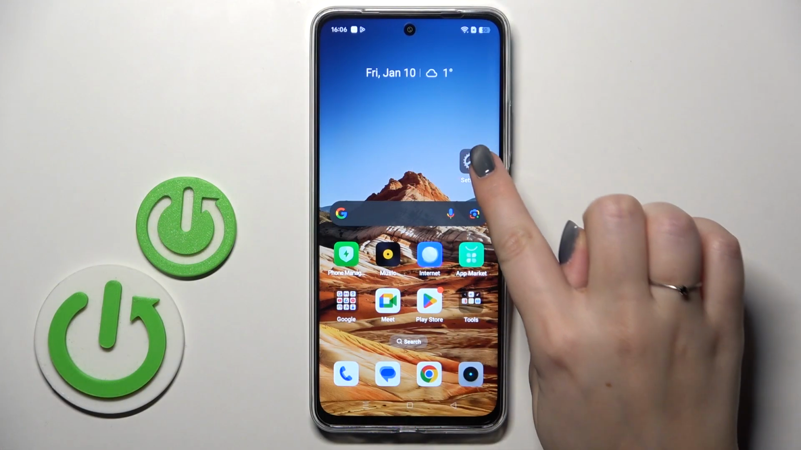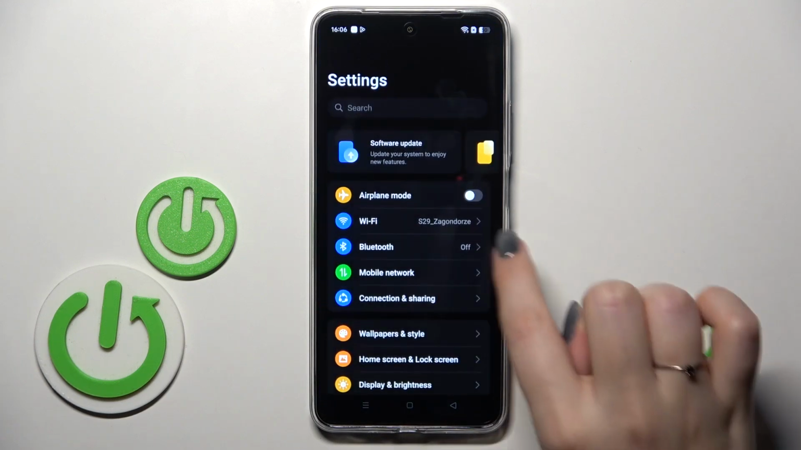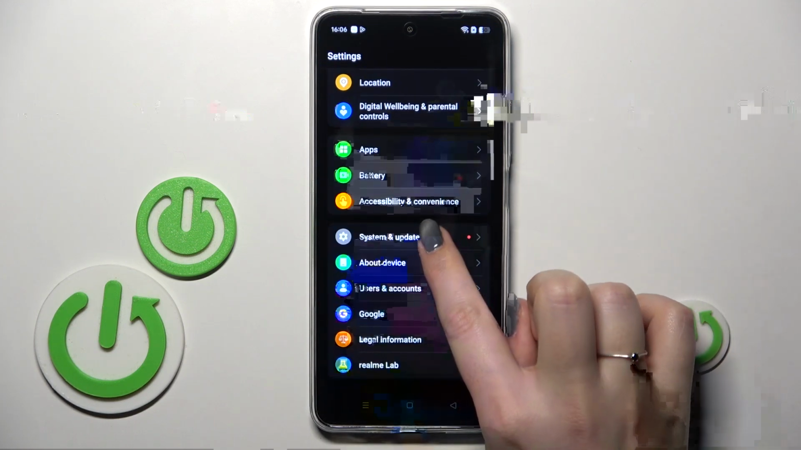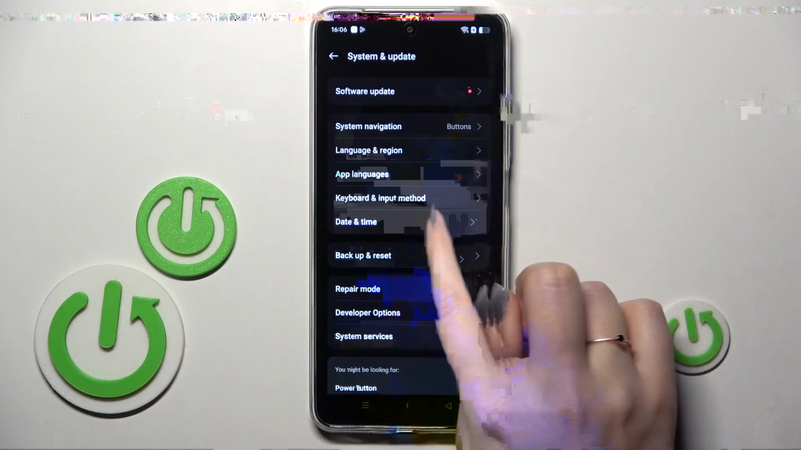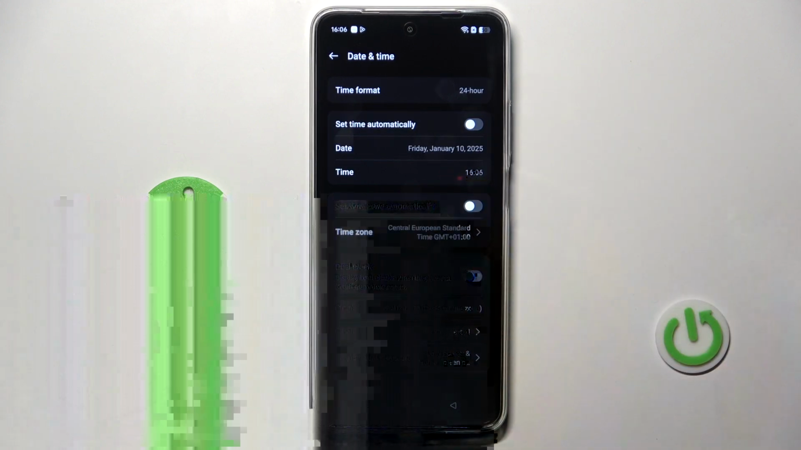So let's start with opening the settings, and here we have to scroll down to the very bottom to find system and update. Then let's tap on date and time, and here we've got some options which are currently inactive. It is because we are using the automatic options. So let's turn off both of those switches,